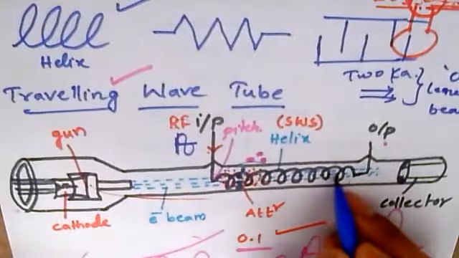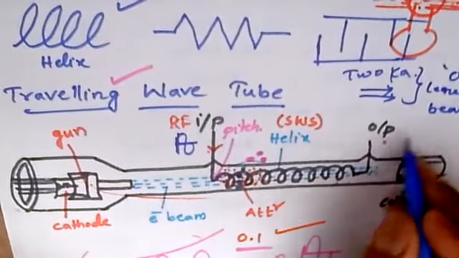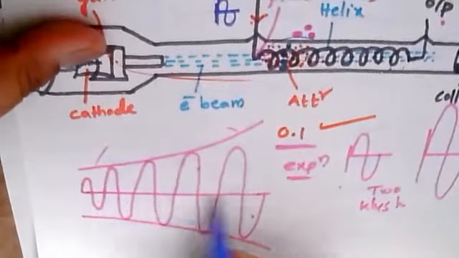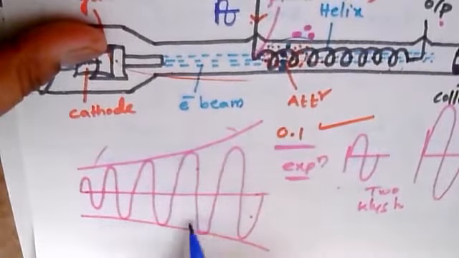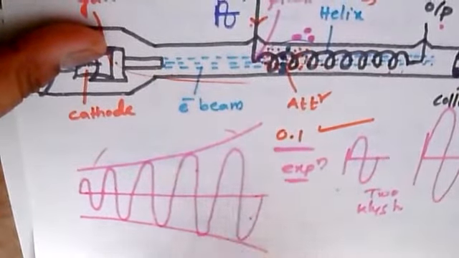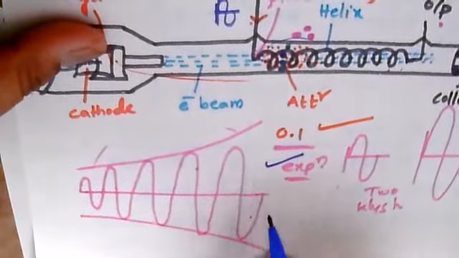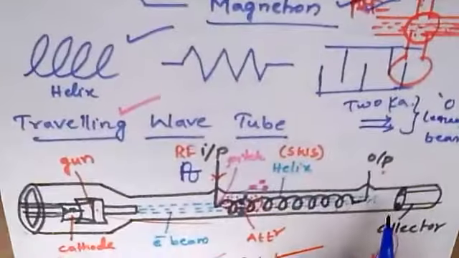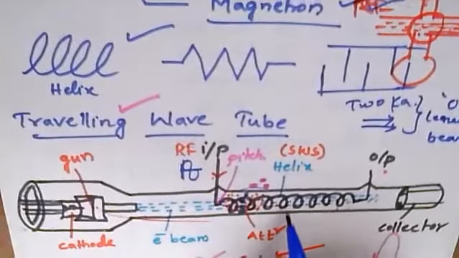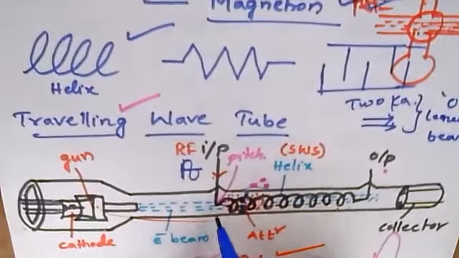Thereby the amplification also gradually increases, and that is taken out as the RF output. That's how we can see that the output waveform slowly increases its amplitude as the bunch size gradually increases. This is said to be an exponential increase in the waveform, that is, amplification. That's what we discussed in the previous class. Now we are moving to the second half.